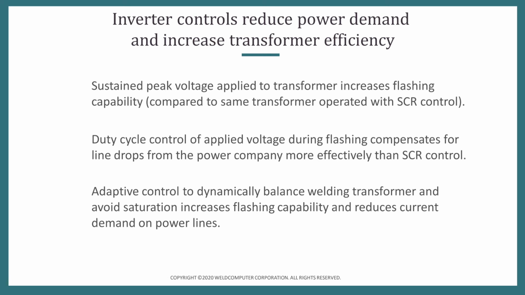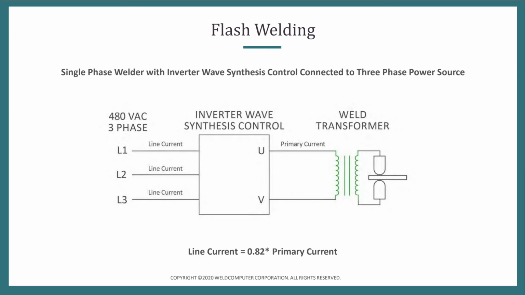MFDC transformers are even more susceptible to saturation than regular AC transformers. And if it's not a balanced signal going into them, then they go in and out of saturation very quickly and also cause very big current rises. So being able to just take an inverter system that hooks to a three-phase power line and hook it to the same single-phase AC welding transformer that you're used to using basically can transform your operation and